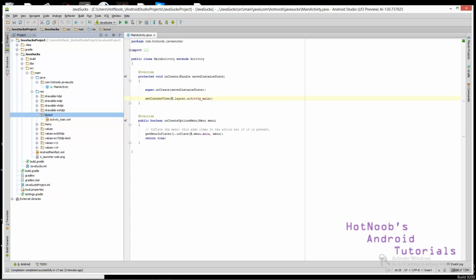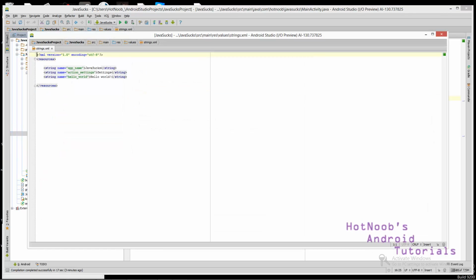Next, layouts. Let's ignore that one for now. Menu, ignore. Values. This is pretty simple. You've got strings in an XML. They're constants in an XML document. That explains it all, right? Constant values, constant strings.